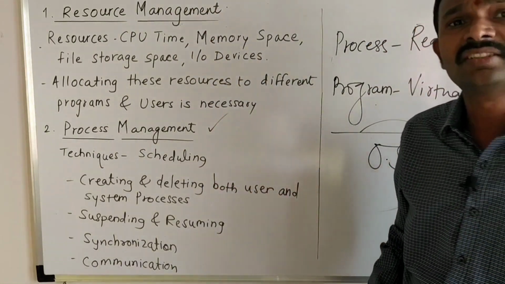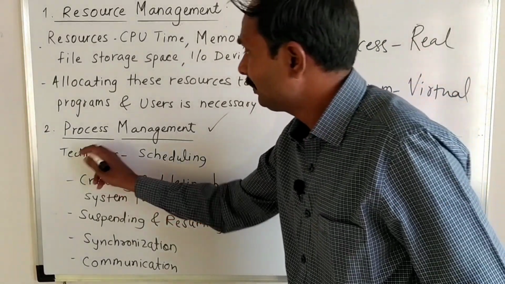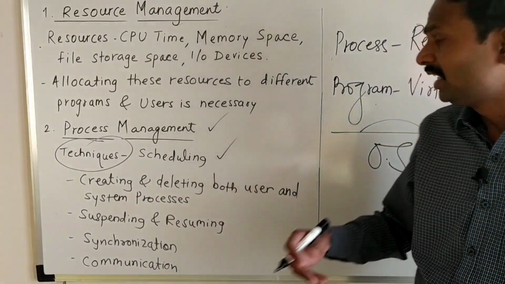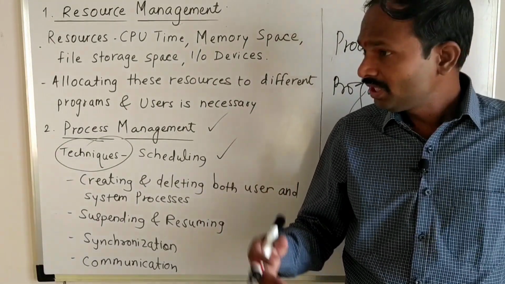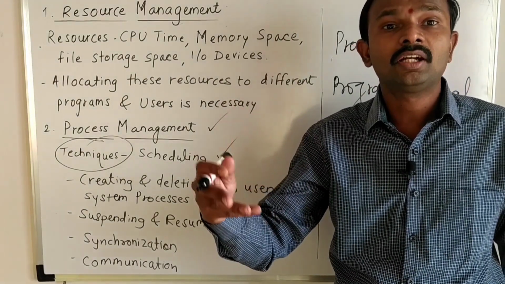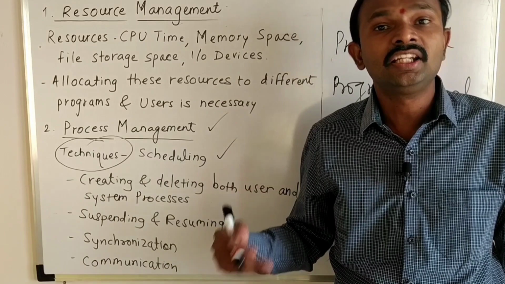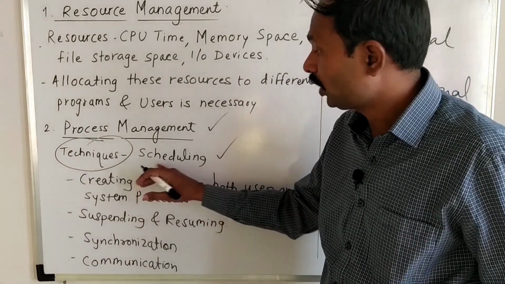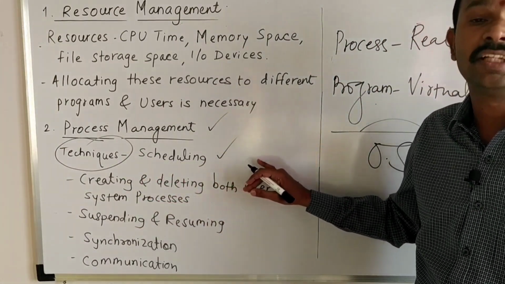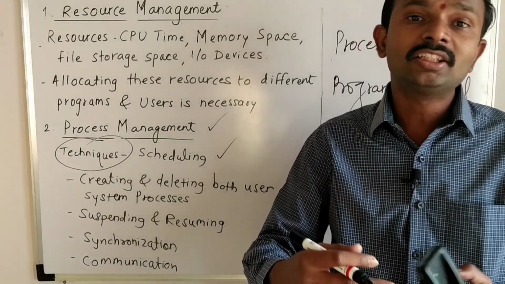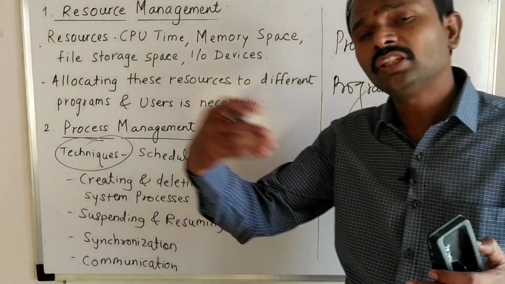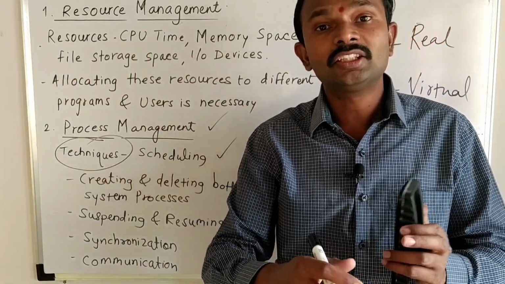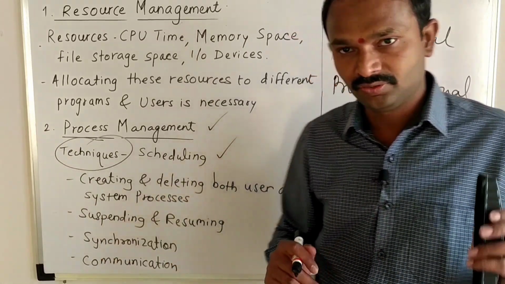So in process management, the process management techniques include the scheduling of the processes. What is meant by scheduling of the processes? I schedule my time for the day. We have a timetable. Through that particular timetable, we execute our lectures and practicals in a college. In the similar fashion, the operating system also goes for scheduling of the processes. Scheduling of the processes means arranging the processes, allocating the processes one after another, maybe removing the unwanted processes or the work that has been finished, and allocating the processes of newer programs or applications.